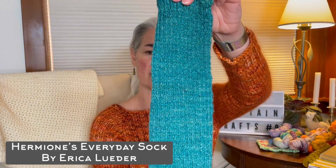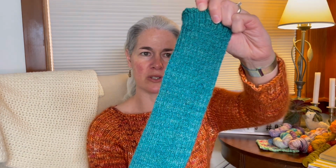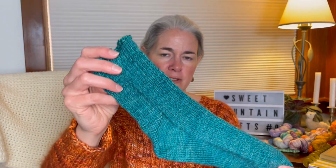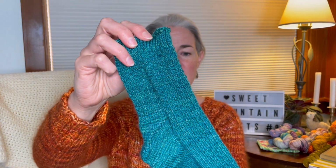With that, what I did finish, woohoo, I made it, is this pair of socks. So I need to properly block these socks and weave in ends yet, but this is a pair of socks. This is just Hermione's Everyday Sock. It's a free pattern available online. And it's a very, very simple pattern repeat that just adds a little bit of texture to a sock. But this is a sock that my husband's aunt requested some socks from me. And she specifically requested a color similar to this. She said that she wanted kind of a green teal color. So this is my attempt at having dyed a yarn specifically for her at her request, and then knitting a